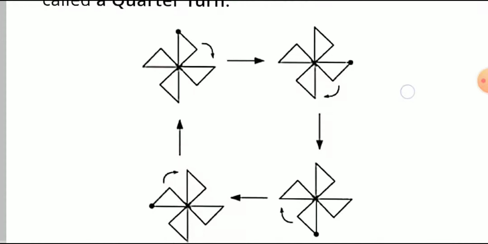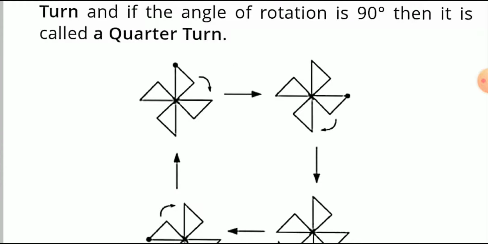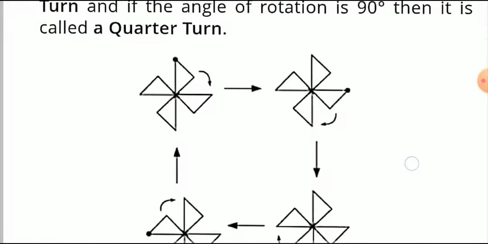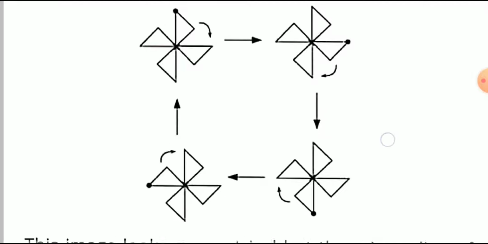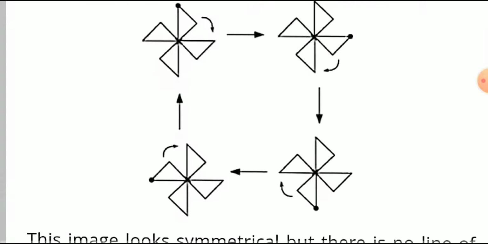Let's see this example. While looking at this dot, you can analyze how much it rotates. So first it rotates like this. Now check at the first rotation, do you find any difference between the figures? No. Then in the second rotation, this dot goes down, from the top it goes down. That means we have done 2 rotations and still the figure looks the same.